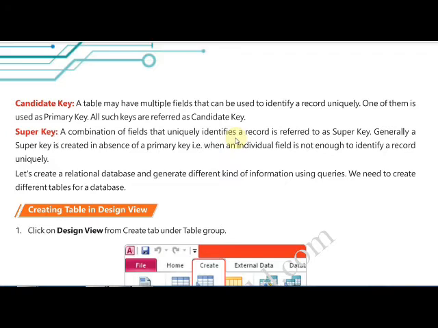After primary key, our next key type is the candidate key. It is used when multiple columns of a single table are going to hold unique values at the same time. In this type of key, one of them is used as the primary key and all the remaining are referred to as candidate keys. For example, in a single table I'm going to hold application number, serial number, email id, even mobile numbers. These things are totally unique.